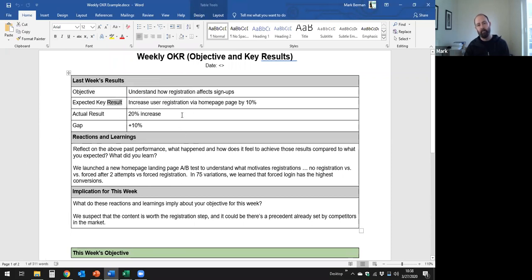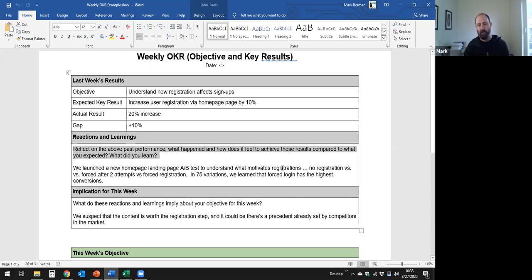result to be. So just to recap the A/B test that we previously walked through, the objective that I created was to understand how registration affects sign-up. The intuition that I had was, if we could increase sign-up by, let's say, 10%, I mean, that's pretty cool, right? And the way that this worked is to reflect on something that we did as part of this. So the example was we launched a set of A/B tests to try to understand what